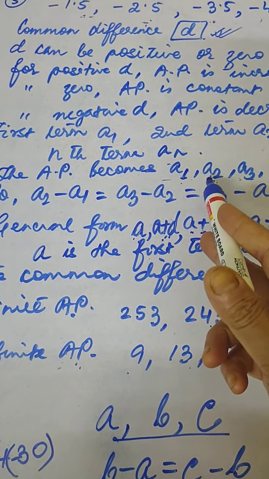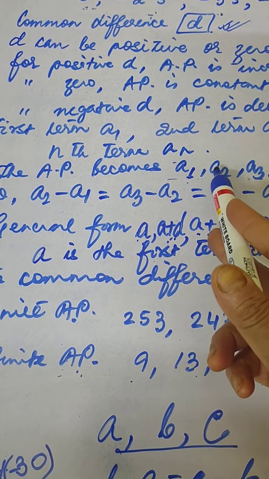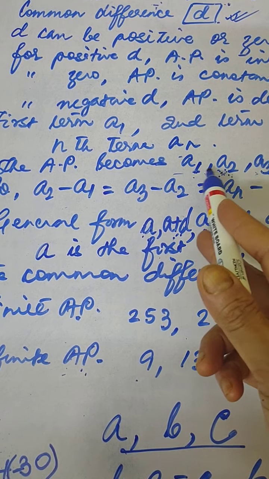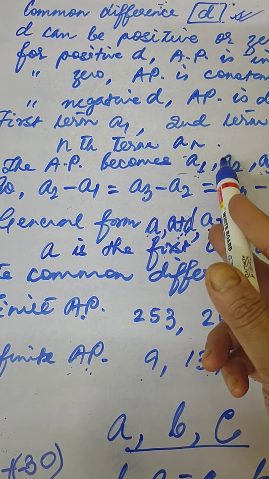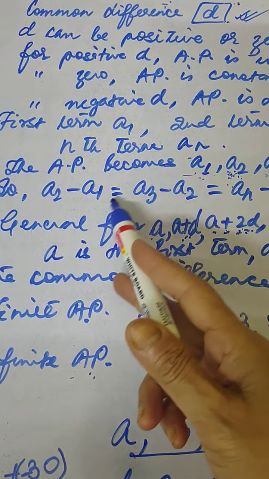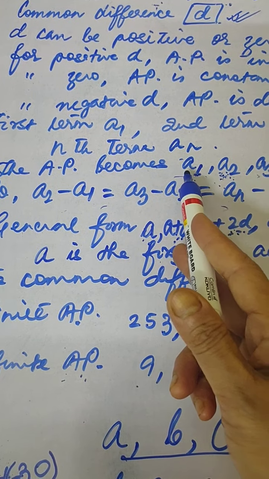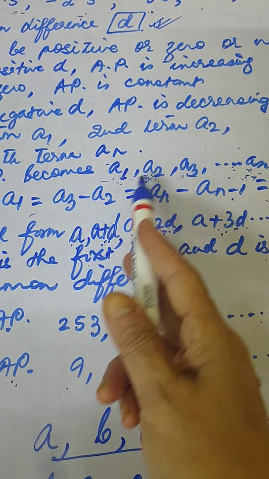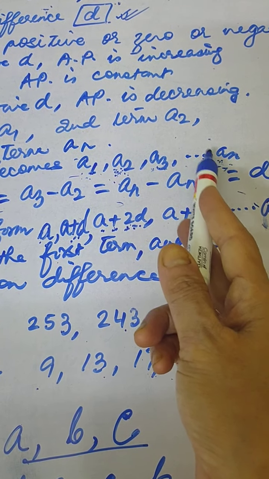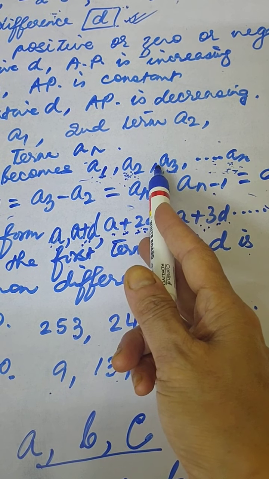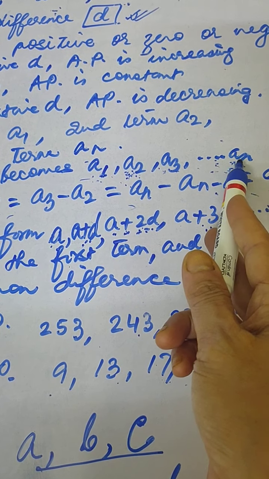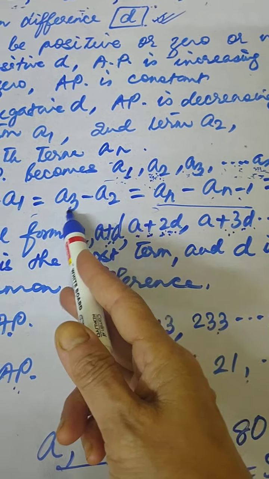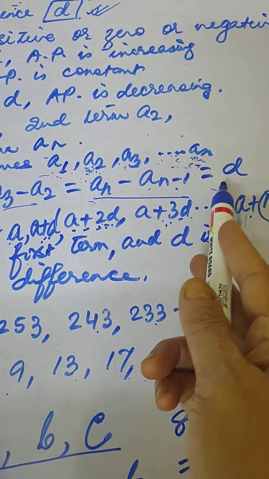Now since these are the terms of the AP, the difference between a term and its preceding one is always constant. So a2 minus a1 equals a3 minus a2 equals a4 minus a3 equals an minus an minus 1. The term preceding an will be an minus 1. All the differences will be constant,